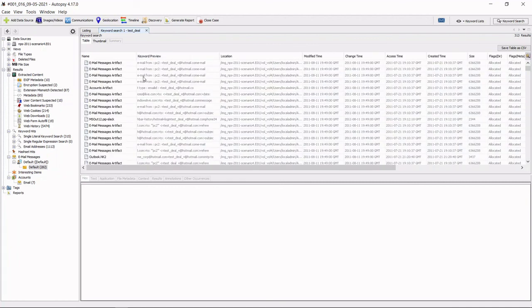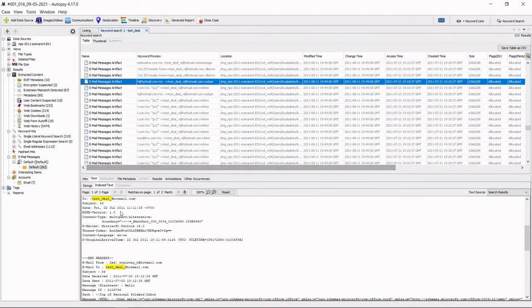Okay, here are the results of the keyword search, the keyword preview. Almost all the mails, from and to, have test.deal as the recipient, so they are all showing. We can filter such types of emails.